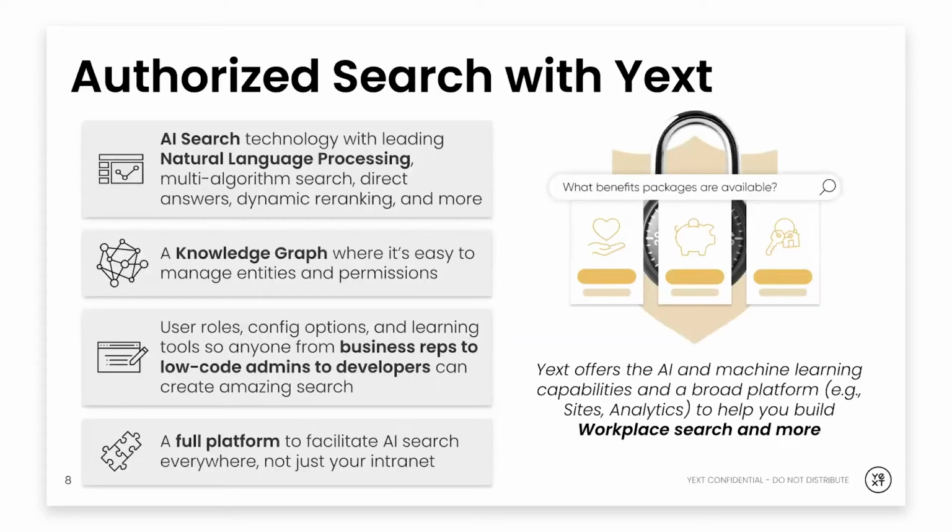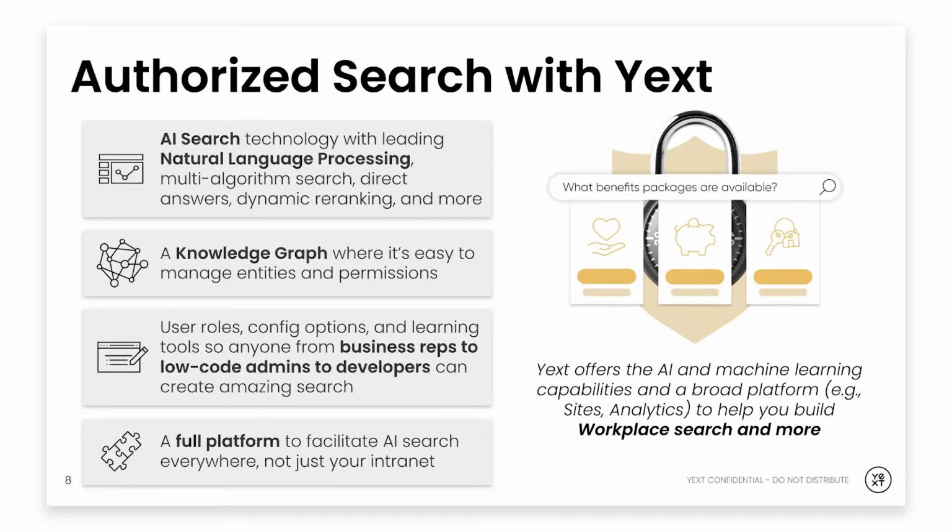There are quite a few advantages of building authorized search with Yext. First off, in general, AI search technology leads with natural language processing. We have multiple algorithms, machine learning things like direct answers, dynamic re-ranking, and more. The ability to take advantage of that in an authorized use case, such as an intranet, is really powerful and